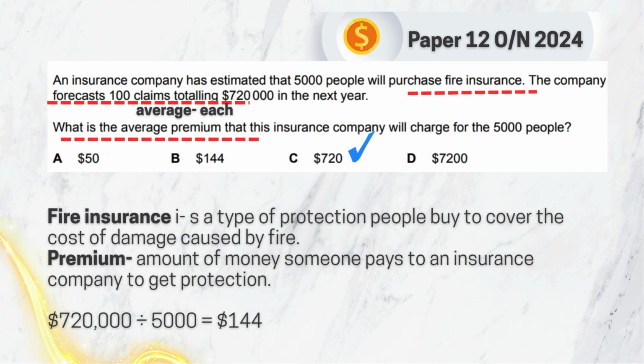So why does it matter? Why do you need to divide? Because it helps the company stay financially prepared. Another, it spreads the risk across many people, and of course, to keep